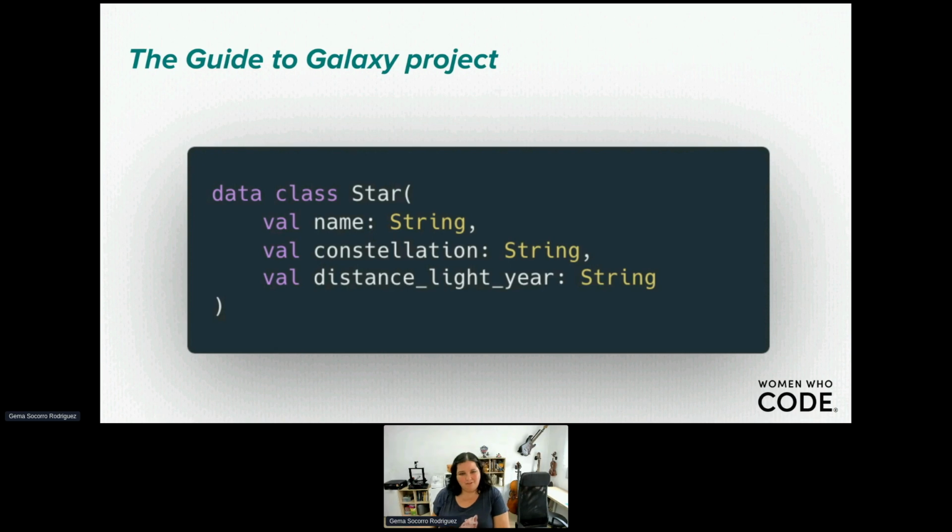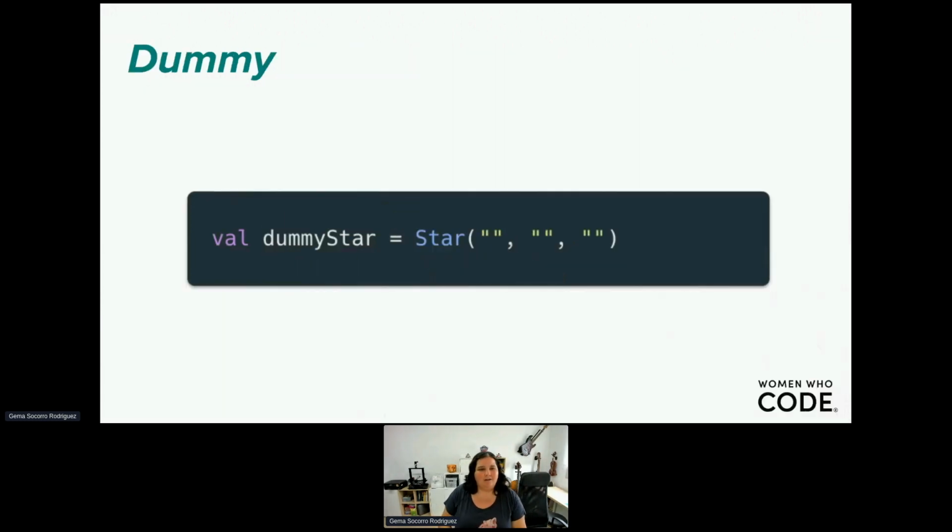There are quite a few types of test doubles, so we are going to go through them now. This will be our example. As we want to save the galaxy, we will need a guide, and this guide is going to show us a list of the stars, categorized by constellations and with the distance between us and the star. So let's see how we can use the different types of